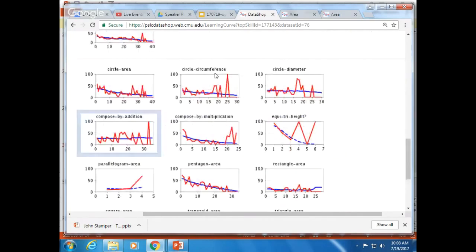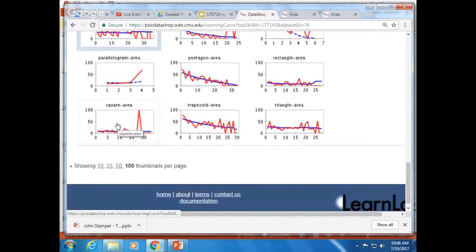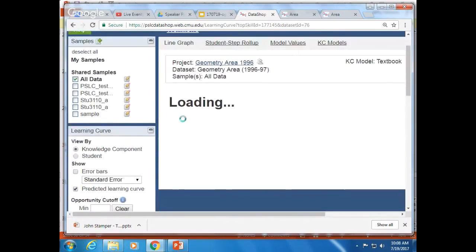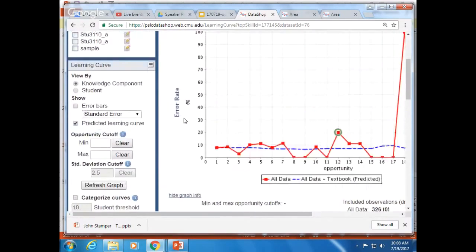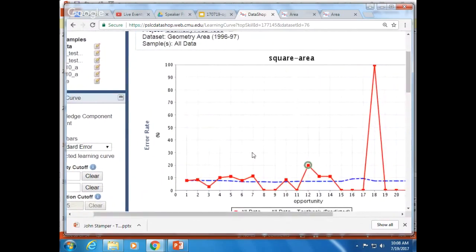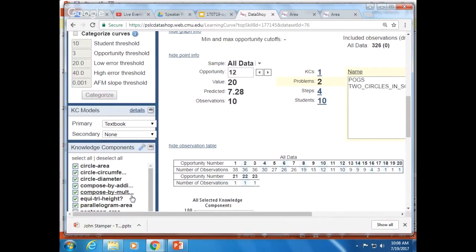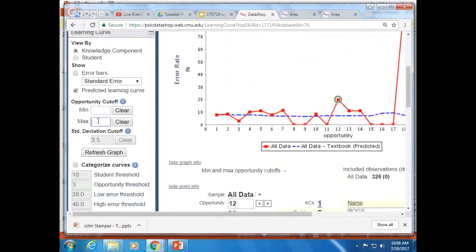Let's look at another skill down here. Let's see, square area. What do you guys think of this skill? You can see this little blip again. If we look at the data by opportunity 17, we only got 1 student left. We can actually cut that off too. On the left here, you can have a max and a min cutoff. So if I say the max we want to look at is 17, we can cut off